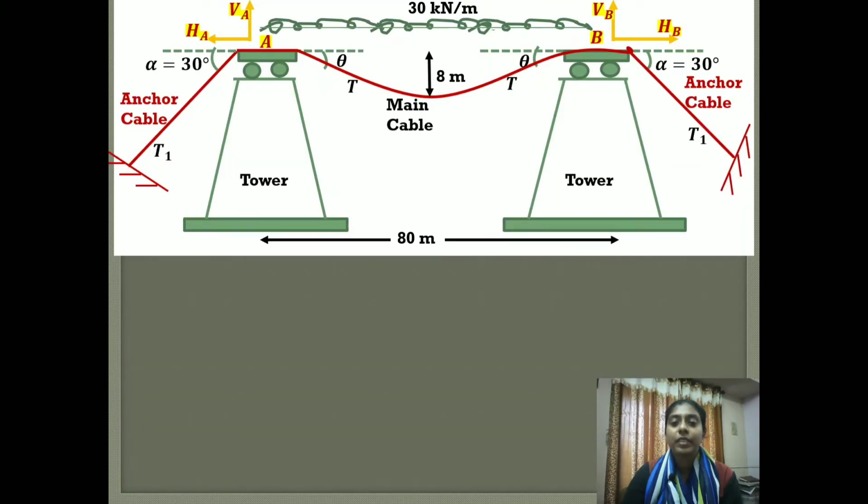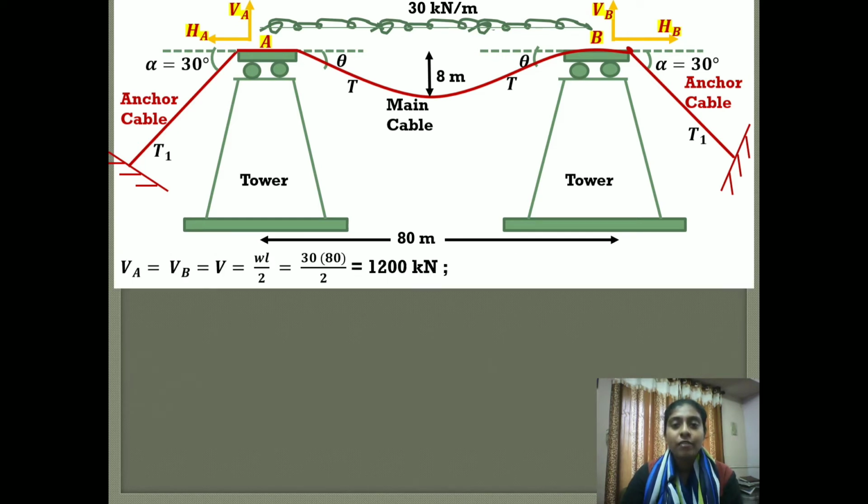Okay, so the diagram is clear for you now. First of all, we will see the vertical reaction at the supports. Since it is a UDL, the vertical reaction at A, that is at support A, this support we take as A,